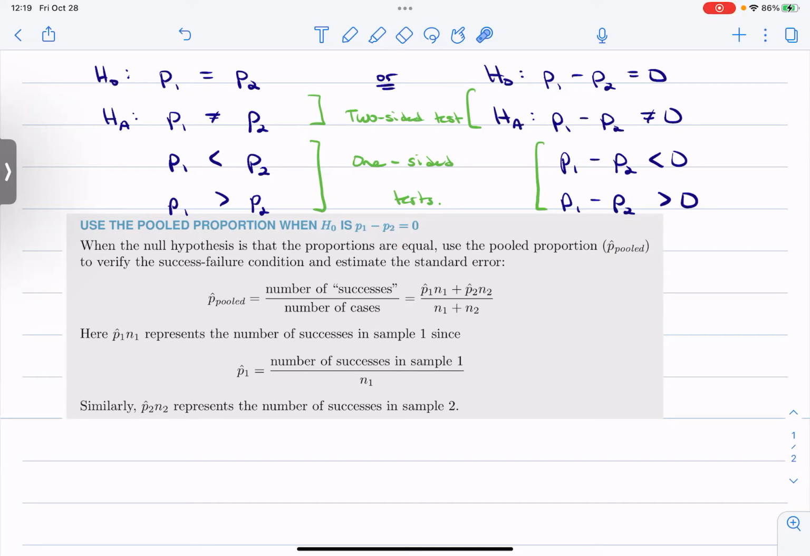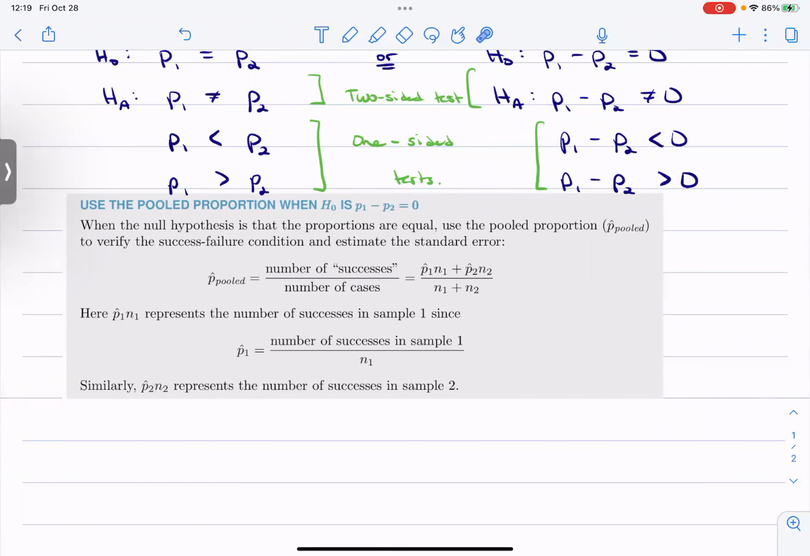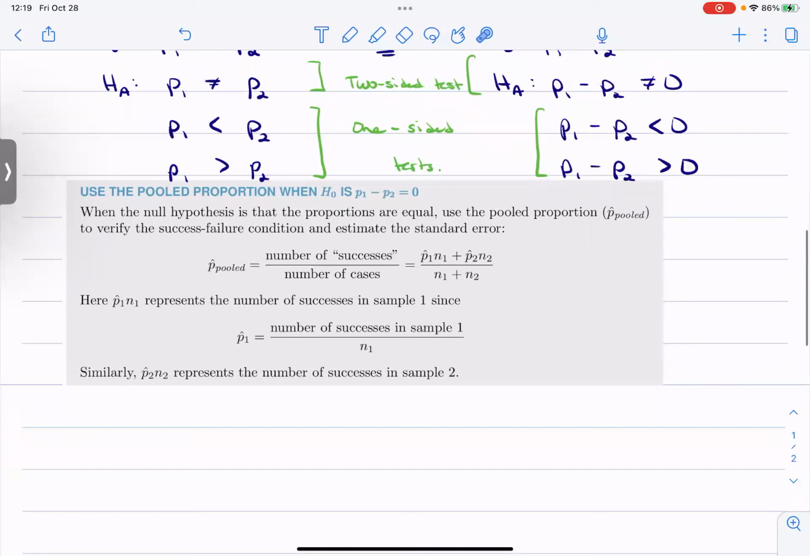Are they different? In the textbook, they show you an example where it's not equal to 0. I think it's equal to 0.1 or something, which can totally happen, but for us, no. So then, when the null hypothesis is that the proportions are equal, which it will be for us, use the pooled proportion,